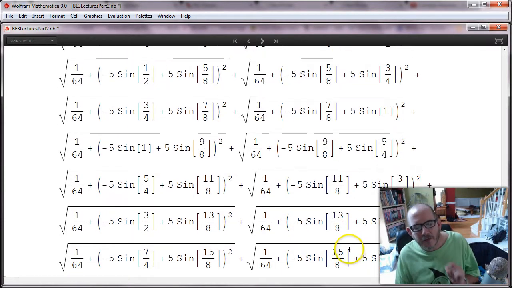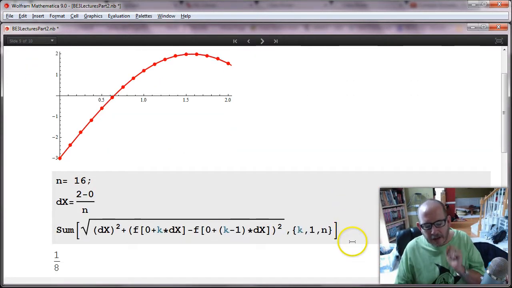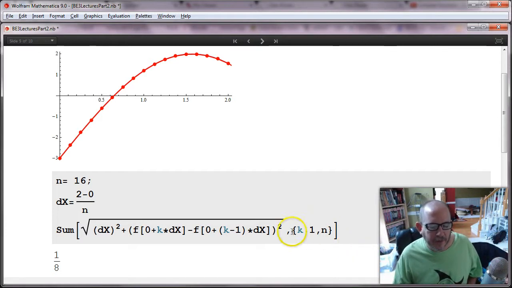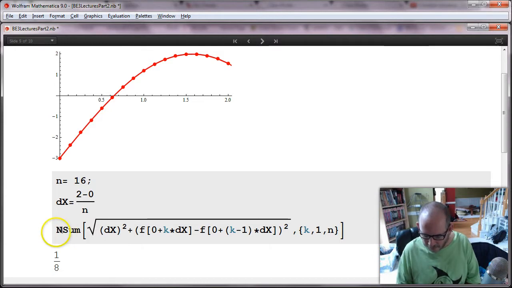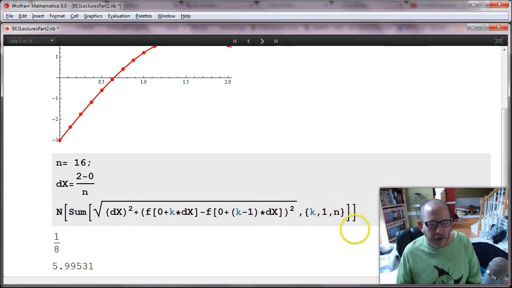And the reason why is because in Mathematica, if you don't put any decimals in, it will compute and keep everything exact. It's one of the beautiful things that it does: in its internal workings it will work with the memory and always keep track of everything if you're not using a decimal. However, let's tell it to compute that and then give me a decimal for it. So it says, okay, and notice I don't have a semicolon after this, so it's giving me that value first. So right now my delta x is 1/8, and it's saying the approximate length is about